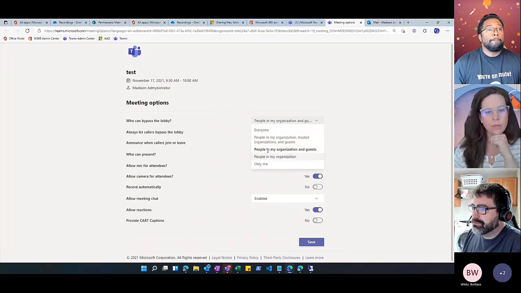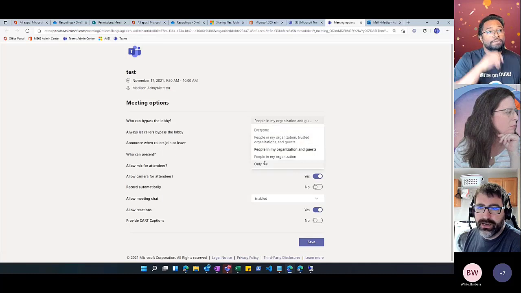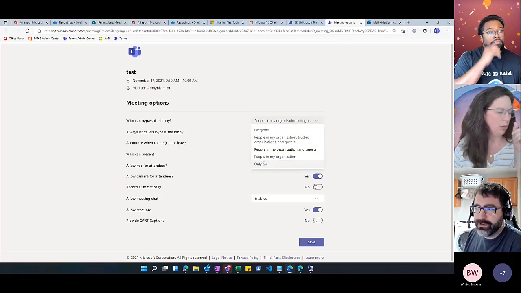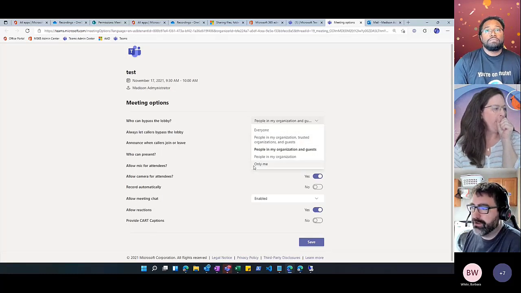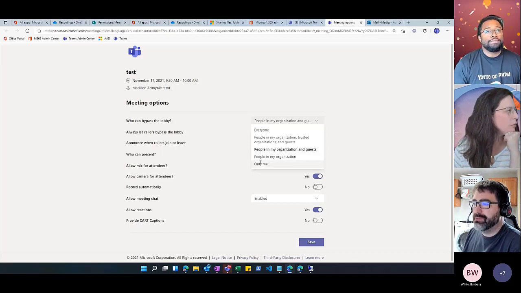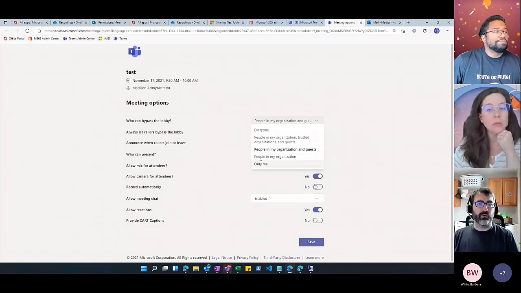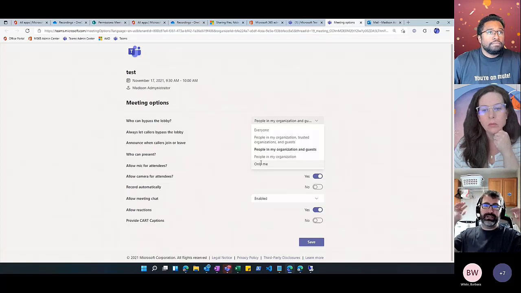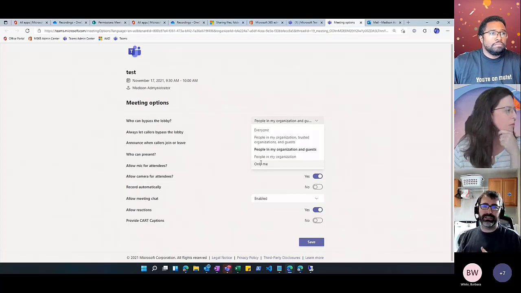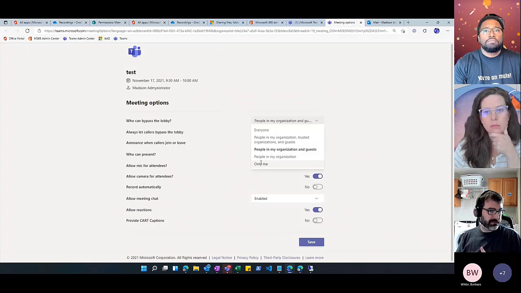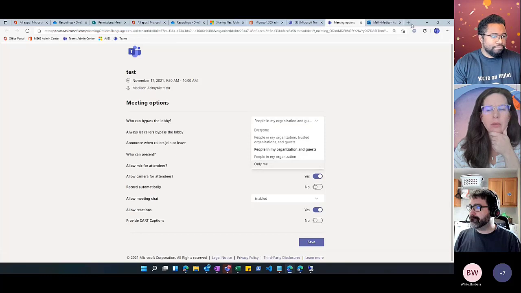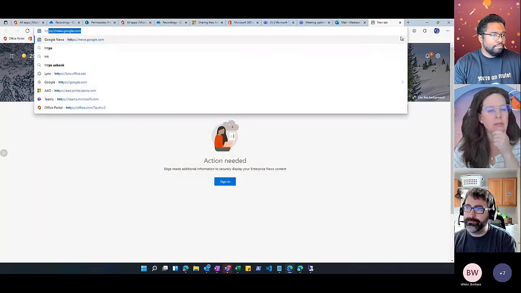Yeah, I mean, these are the options available in GCC today. There is an option coming. There's a message center post about one that'll say "the people I invited." So it'll only let the people who were the named calendar invite folks in by default. I don't recall off the top of my head when that's coming. Stacy, do you? I don't recall either, but I know it's